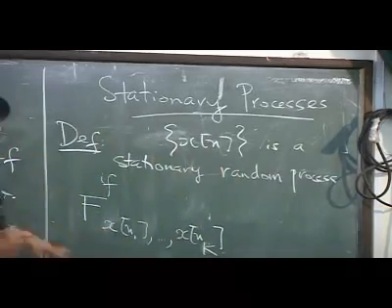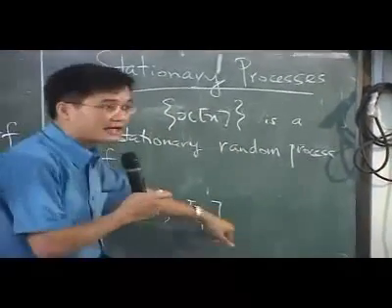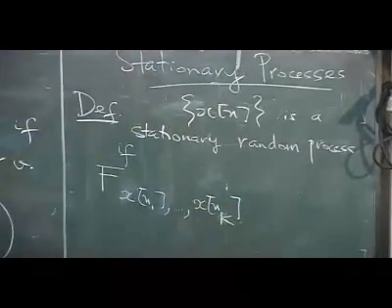I have this joint density description of these N samples. So I take the signal, let's say I do some